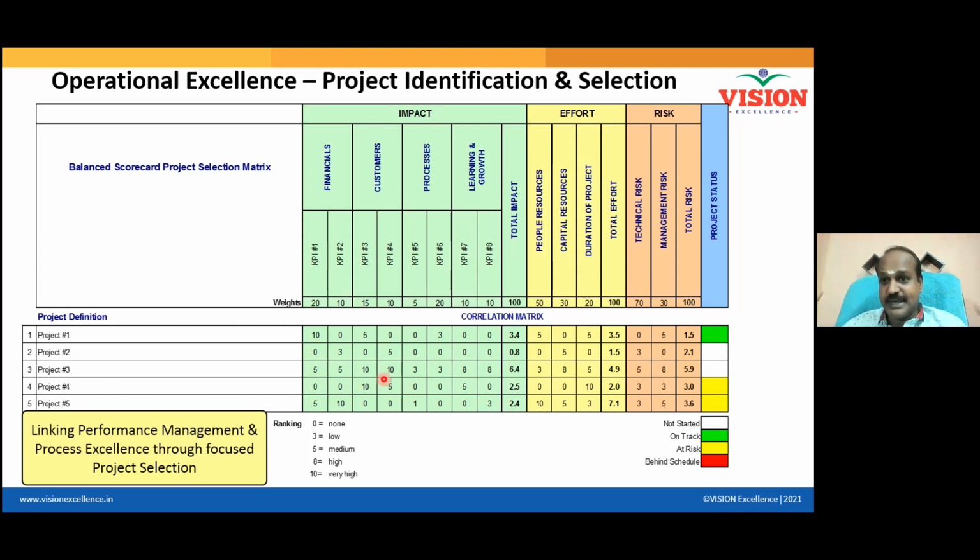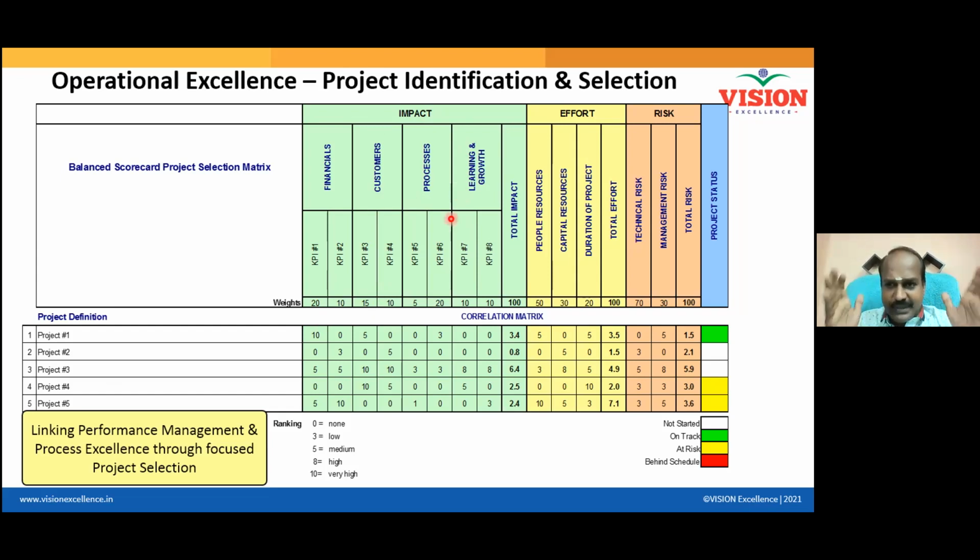At the same time, it gets prioritized properly with respect to my wants, right? And some companies may give more importance to finance. Some company's strategy may be to delight their customer. Now they will put more marks here. All their projects will focus on delighting the customers. Some company might focus on operational excellence. Some company might focus on equipping their people, because for the next 2 years, I want to see to it that my people are turning out to be effective people. Then in the third year, I will have a new strategy by which I will become number 1.